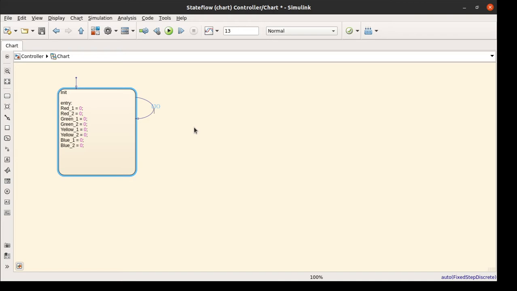So that is up to you, how much time you want to flash that up. So let's say we create a condition so that we want to flash it probably 5 times. So I am assigning the value of 5 here for the variable, and I am declaring the value of that variable to 0 in the entry condition of the init state.